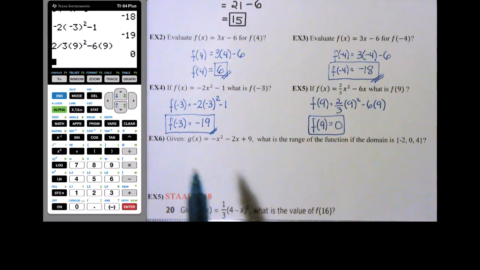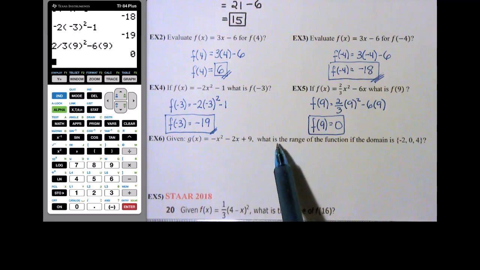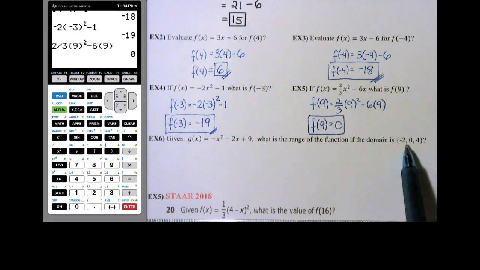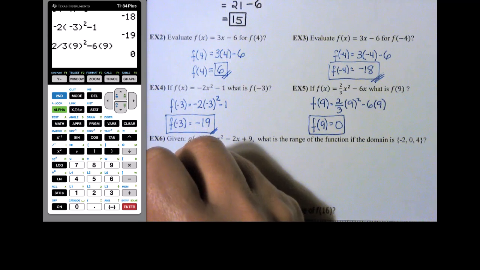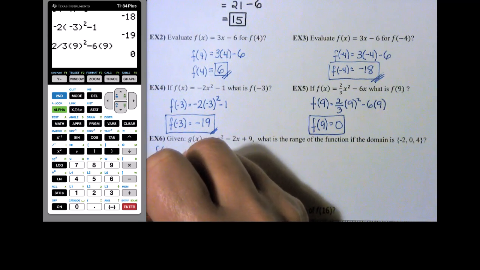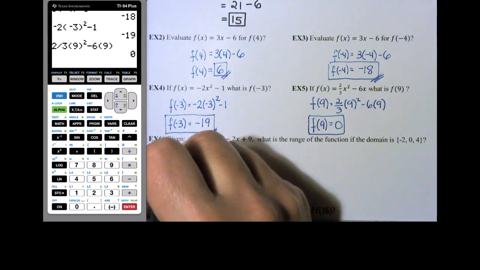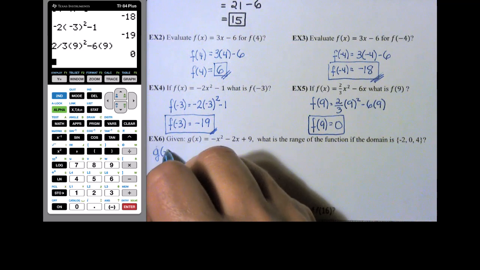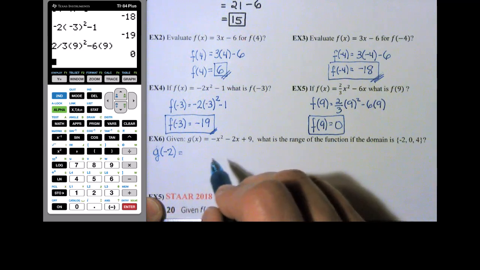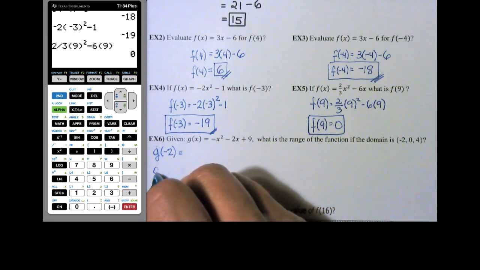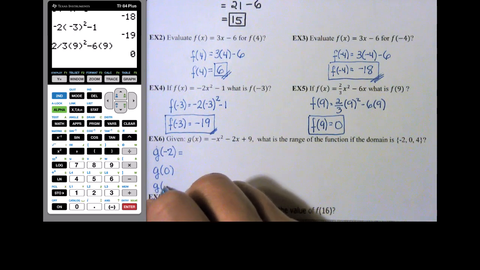The next one says, given g of x equals negative x squared minus 2x plus 9, what is the range of the function if the domain is negative 2, 0, and 4? Basically what this problem is asking is to calculate or evaluate the function, and by the way, the function is not f, the function is g. So g of negative 2, okay? And once we evaluate that, we're going to evaluate g of 0,